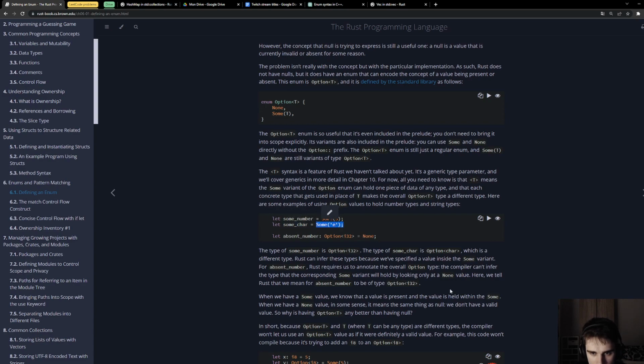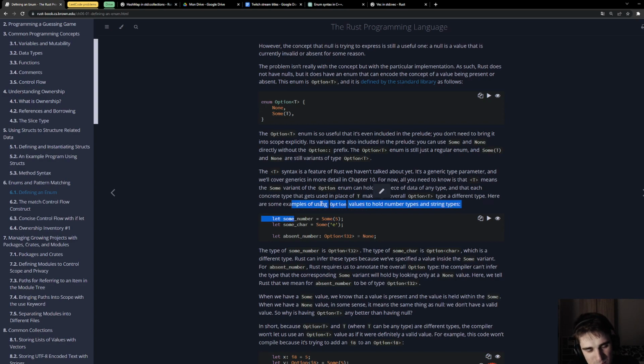Wait, let me read, because why would you define it like this? More of these affectations, using Some, and I should stop saying "like." I know it, and I should not.